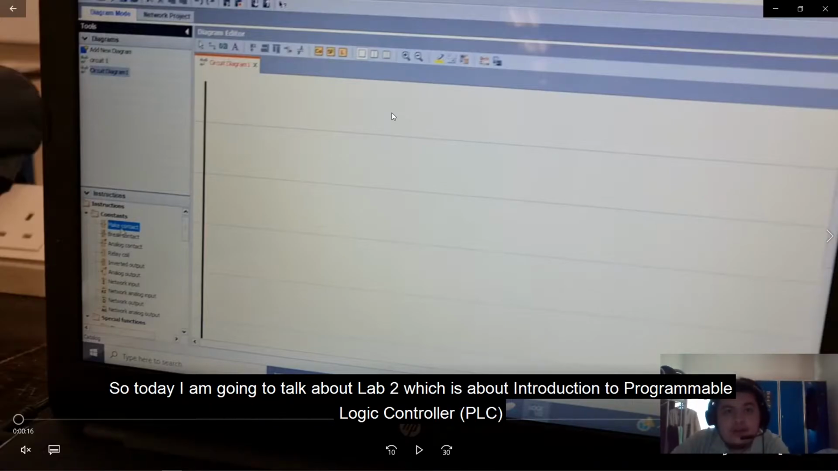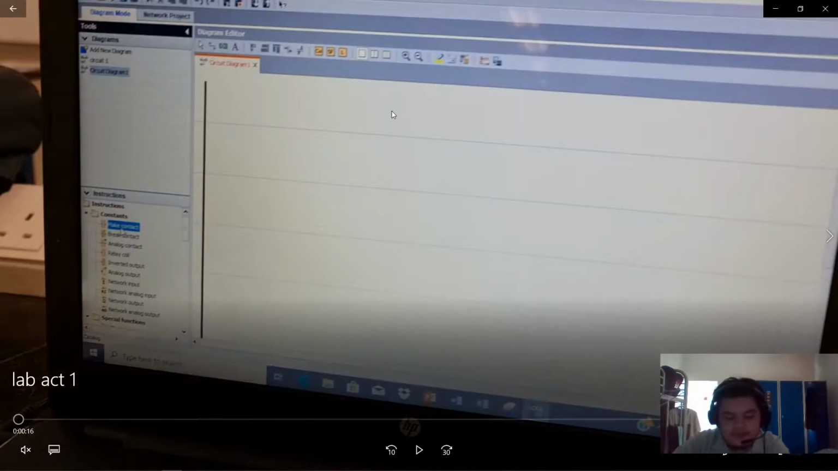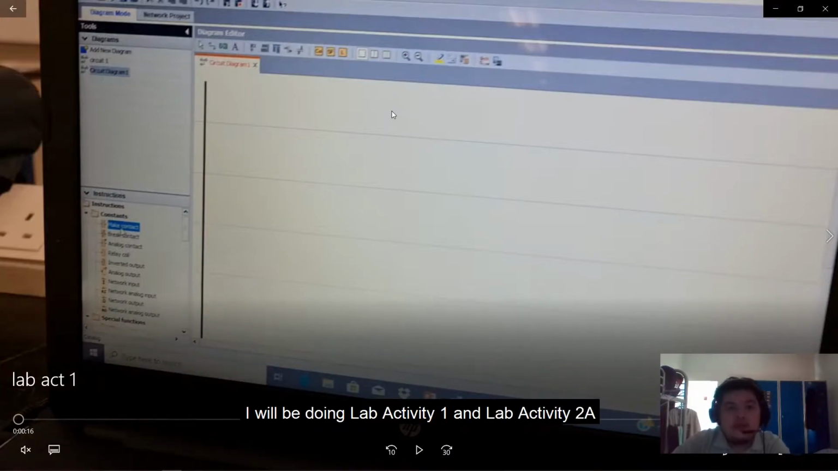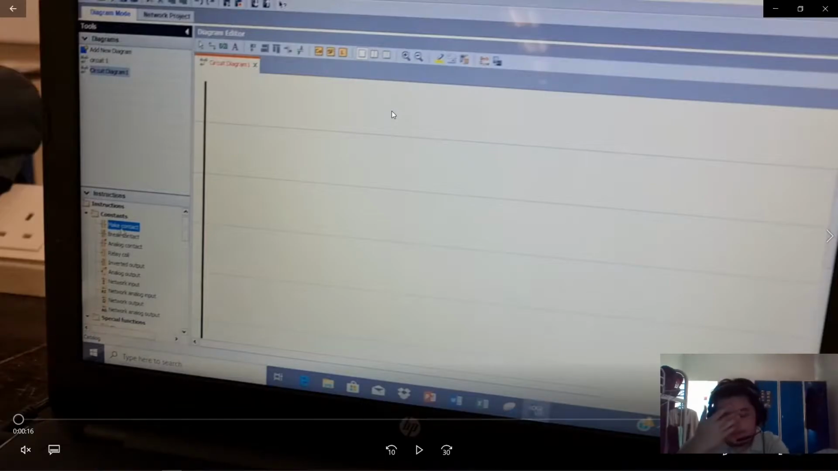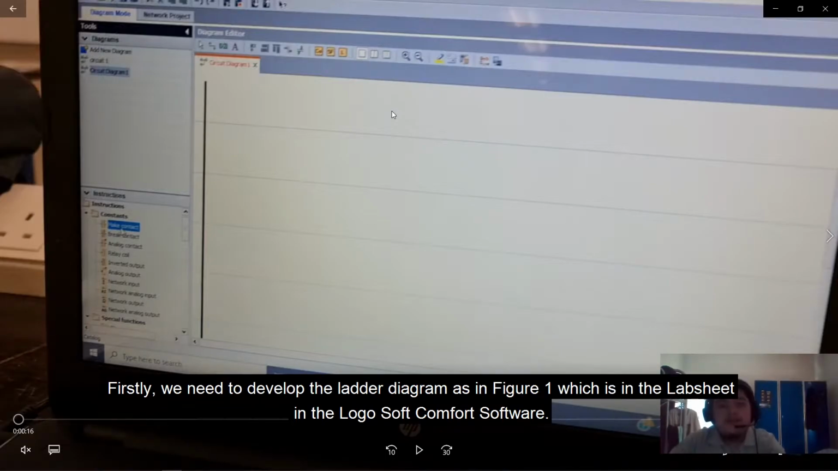Today I'm going to talk about Lab 2, which is Introduction to Programmable Logic Controller. I will be doing Lab Activity 1 and Lab Activity 2A. Firstly, we need to develop the ladder diagram as in figure 1, which is in the lab sheet, in